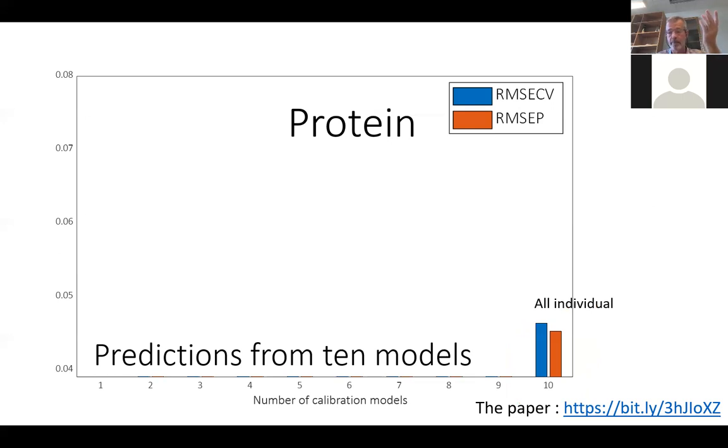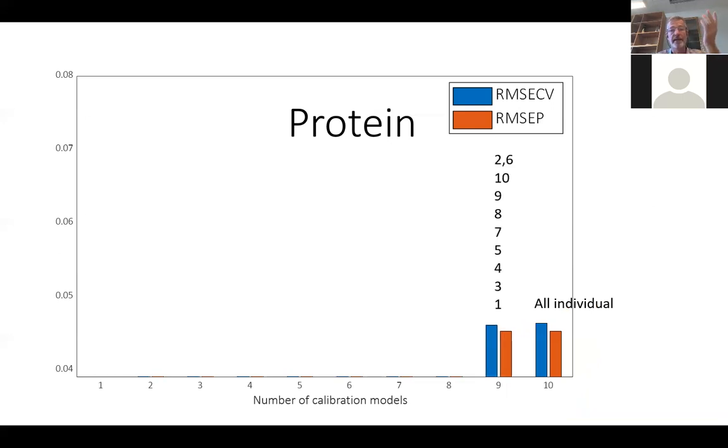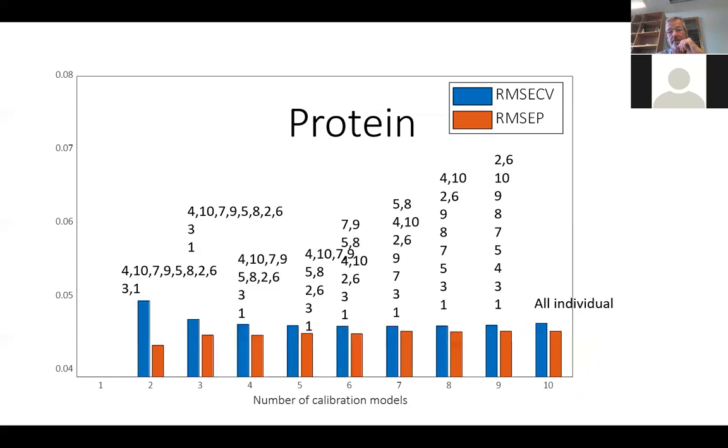Okay, let's try and combine them. If we want to combine them, it turns out that dairy company 2 and 6 should be combined into one, and the other ones should be kept individually. And you see, there's hardly any change. We kind of get the same result. And it turns out that for protein, that's the situation basically all the way down to 2 or at least 3